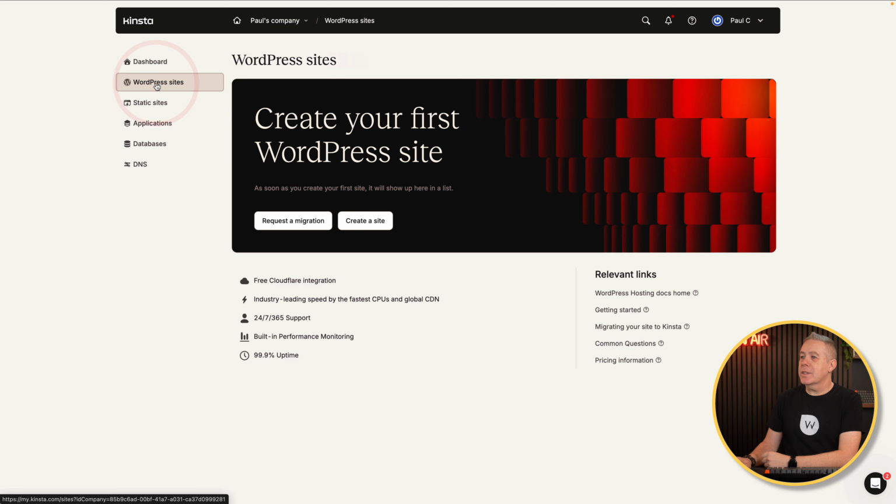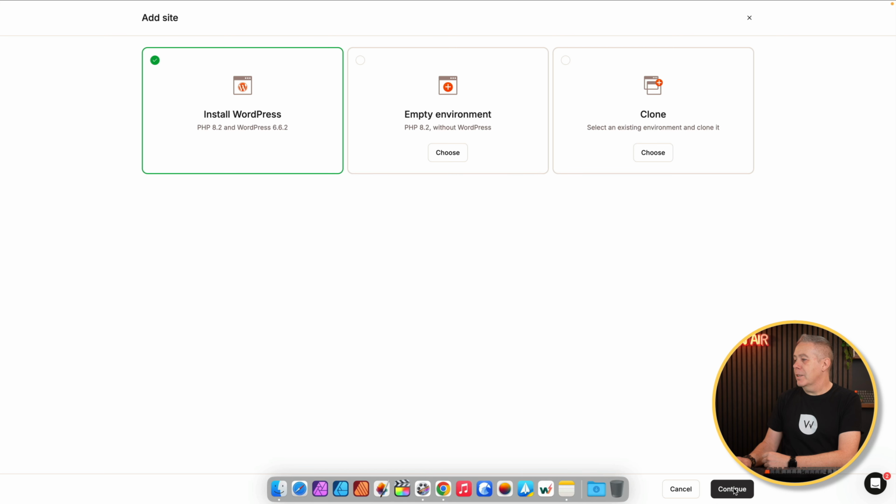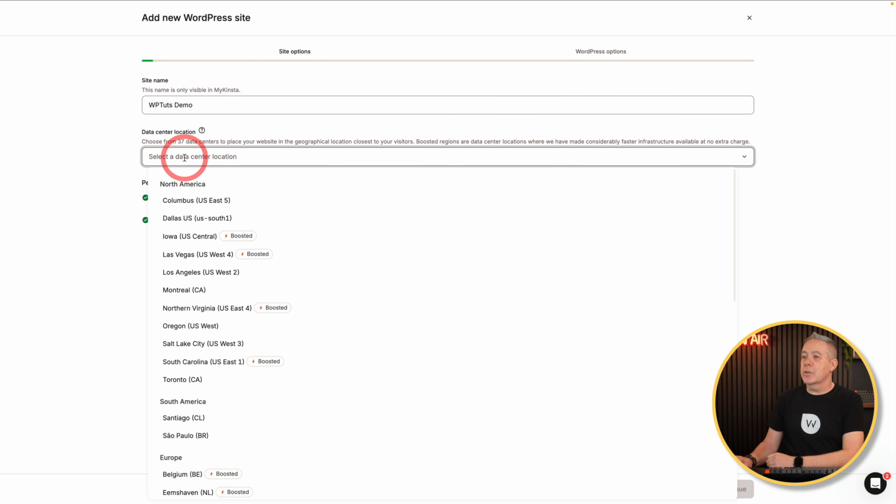Let's click on WordPress sites, create a new site, and we've got some options to install WordPress, create an empty environment, or we can clone an existing environment. Let's just choose to install WordPress for now. We'll click continue. We can give this a name, our data center location, so we can choose what we consider